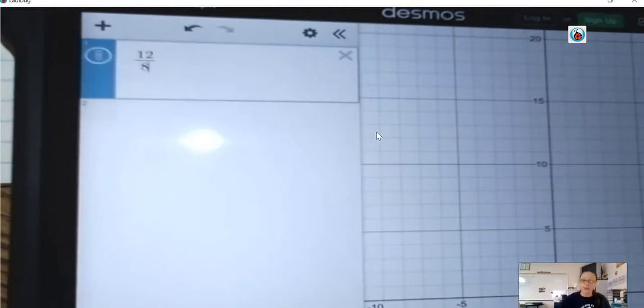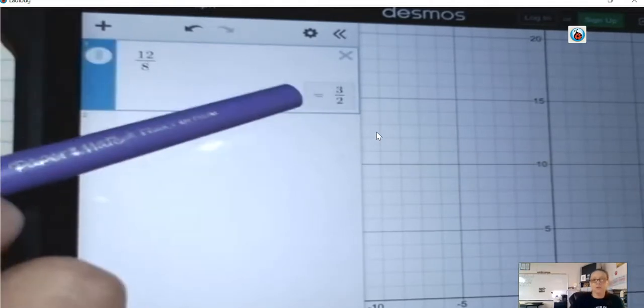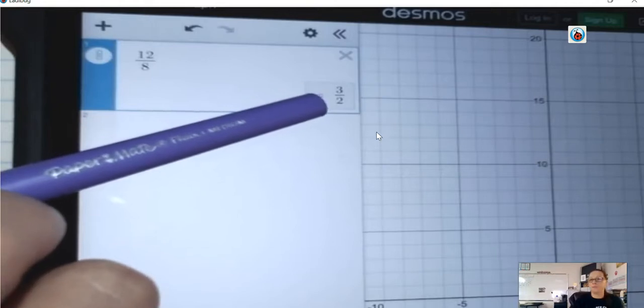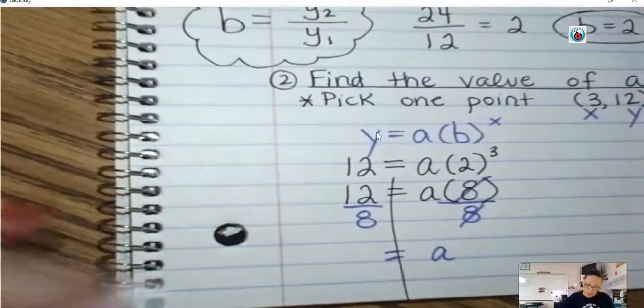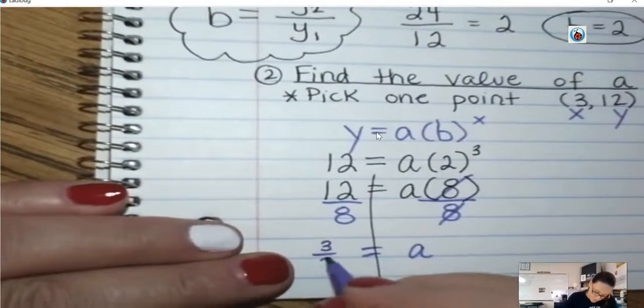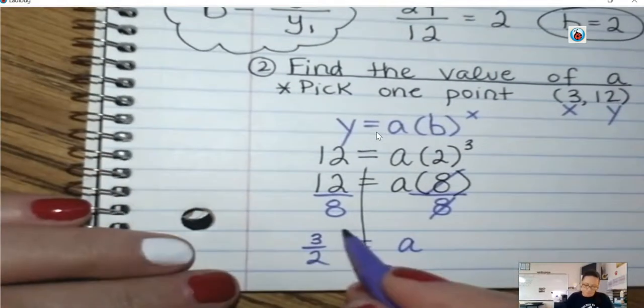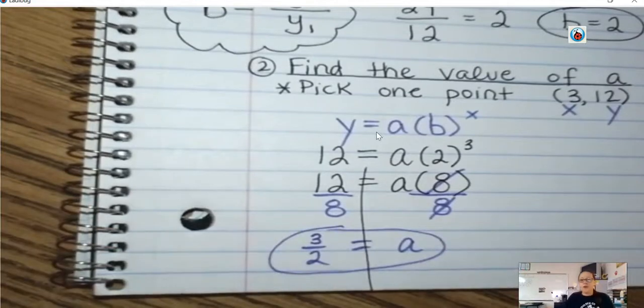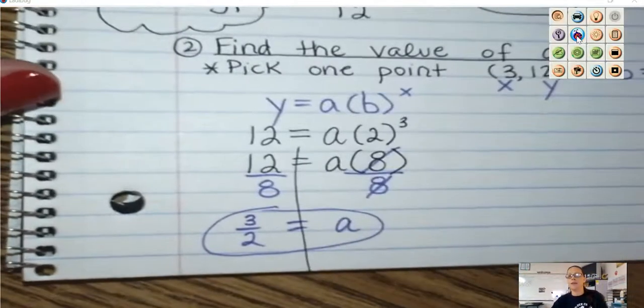So on Desmos, type in 12 divided by 8. Right next to it, in the blue part, there's a fraction. Just press that. It'll convert it and reduce it down to 3/2. So A is 3/2. So now I know what the A is and I know what the B is, so I can go ahead